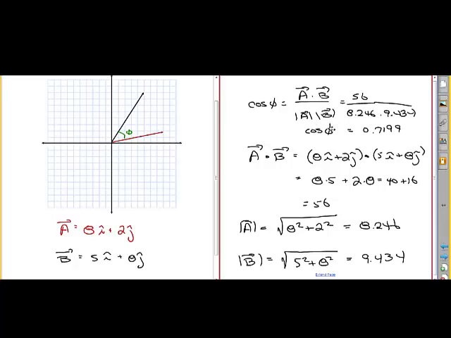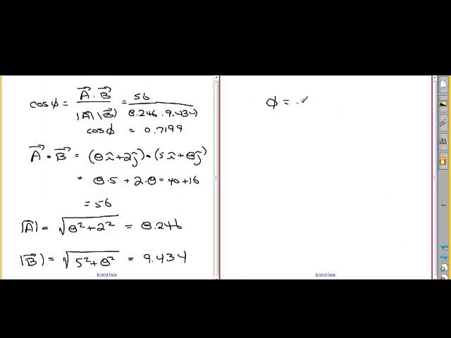So the cosine of the angle phi is 0.7199. So phi is equal to the inverse cosine of 0.7199. So I take the inverse cosine of the answer, and I get 43.9